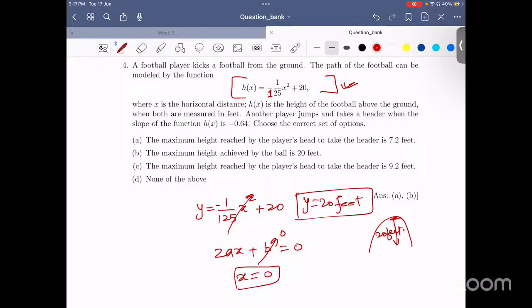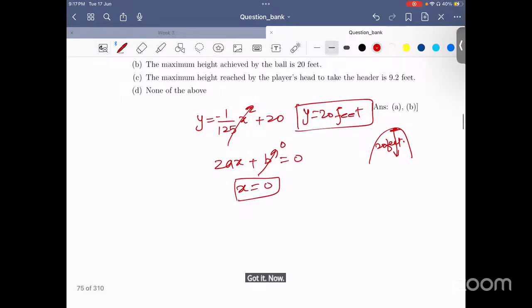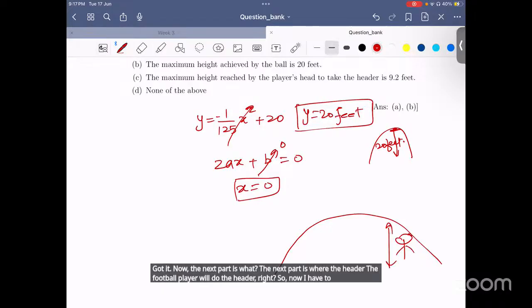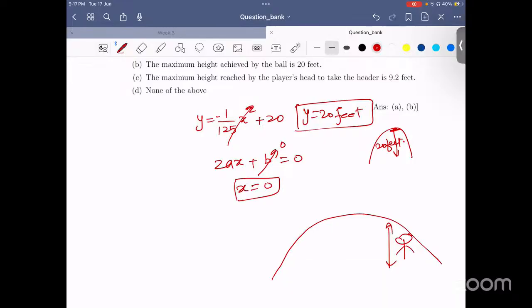Clear, sir. Correct. Now, sir, the next part is what? The next part is where the football player will do the header. So now I have to get that height. You know that at this